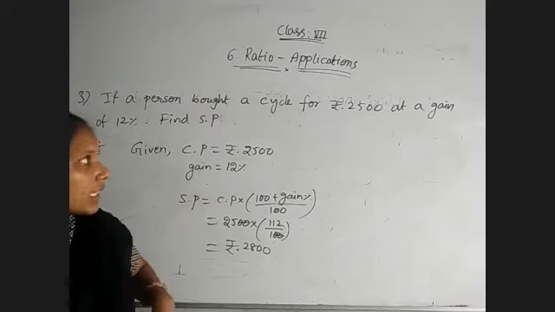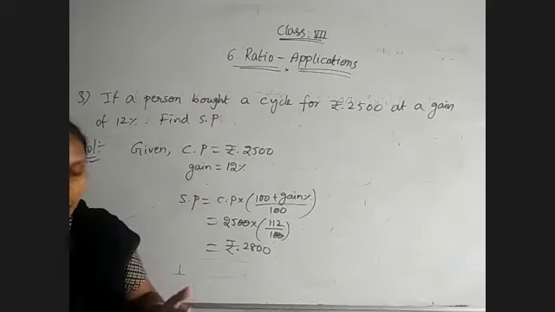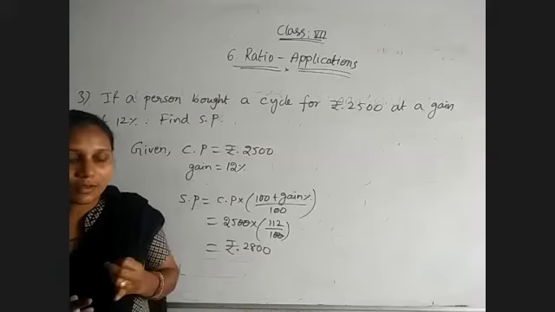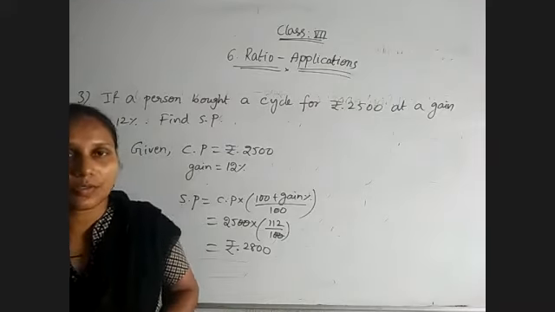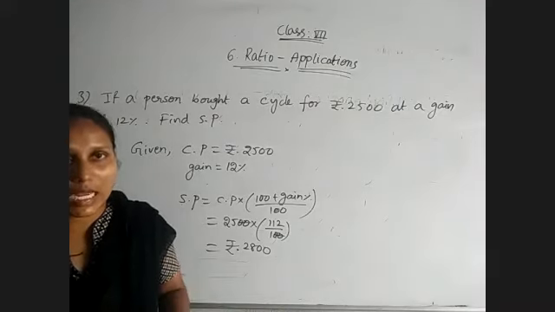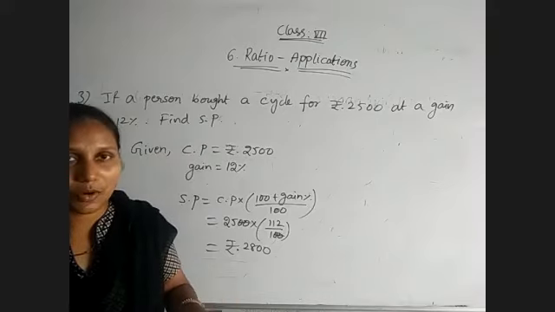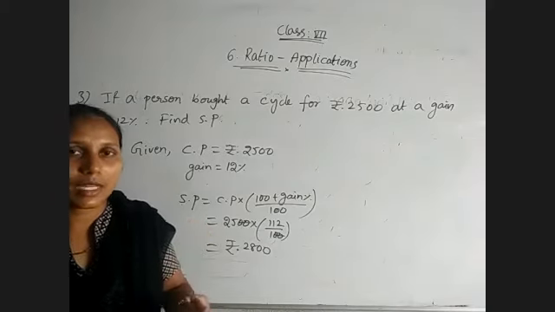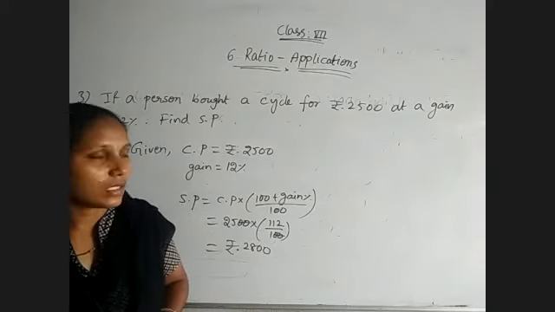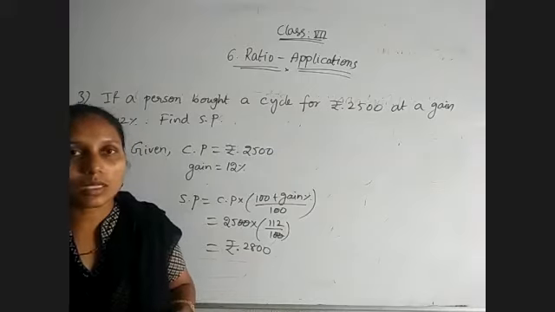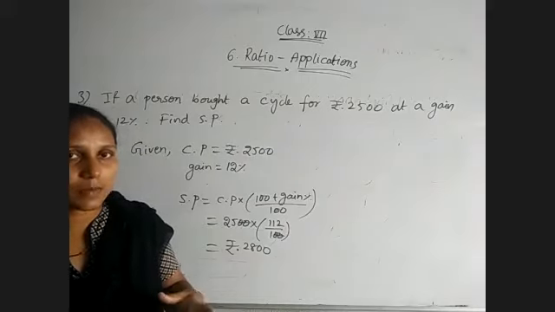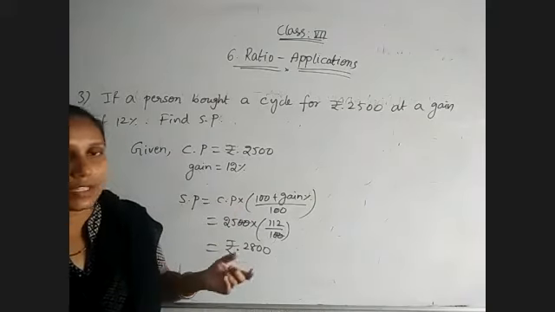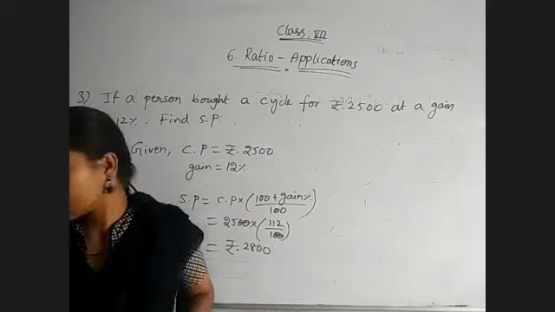And if directly they are given CP and SP and they are asking to find out loss or profit, then depending on the question, if SP is more, we need to find out profit. If CP is more, you need to find out loss. If they are asking percentage of profit and loss, use the formula profit by CP into 100, otherwise loss by CP into 100. Okay. And discount, market price, and SP. Depending on those three terms also, we have several formulas. And with one of the questions, we will see that.